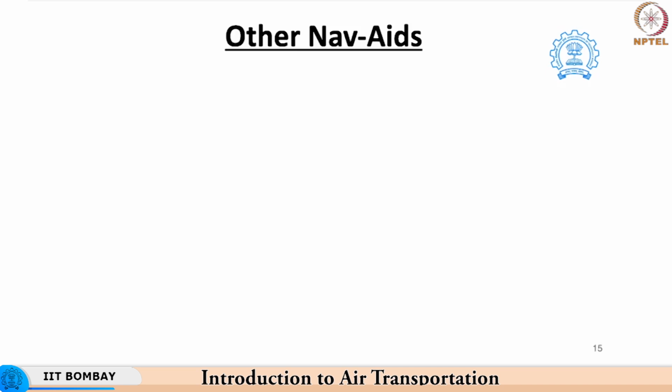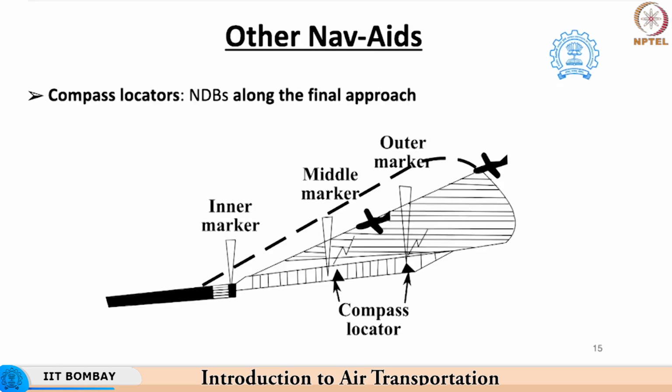Apart from making use of the NDB equipment for carrying out homing, there are other utilizations of NDB stations. One of them is called the compass locators. These compass locators are basically low and medium frequency range NDBs that are co-located with the marker beacons placed in the approach leg of ILS systems. These NDBs help in carrying out interception of the aircraft with respect to the approach leg of the